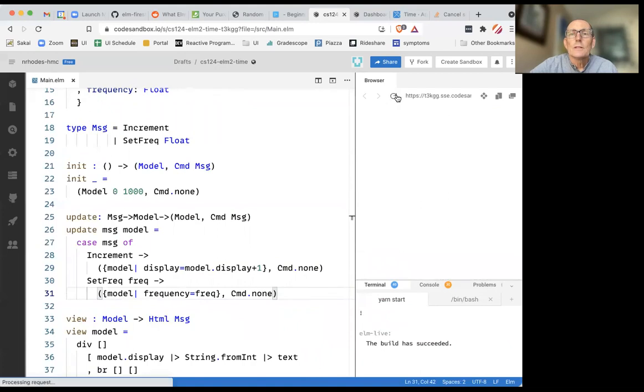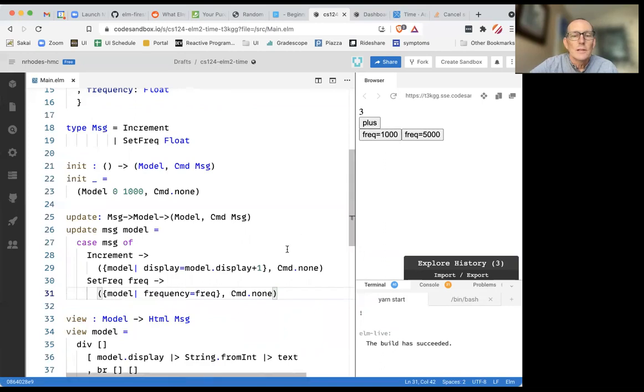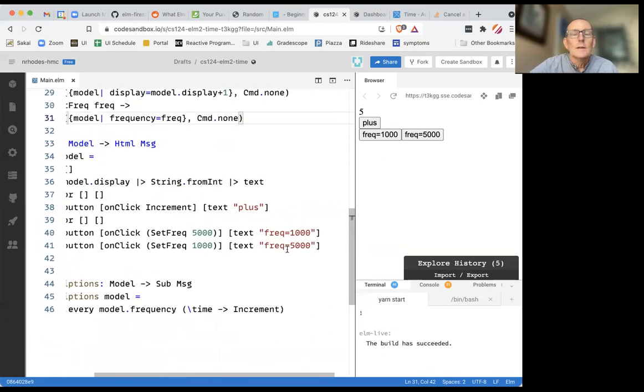Now let's bump up the frequency. Let's refresh and try this. So we're starting at 0. Our frequency is 1,000. If we click up, no wonder this is confusing. So if we say frequency equals 1,000, let's make this one be 1,000. Let's make this one be 5,000 and rerun. Click on 5,000 and it slows down. Click on 1,000